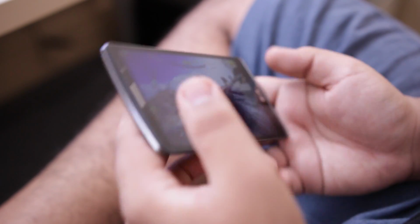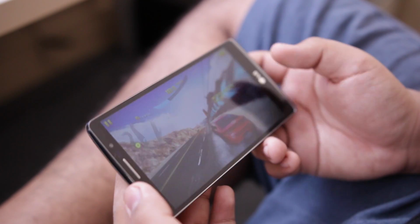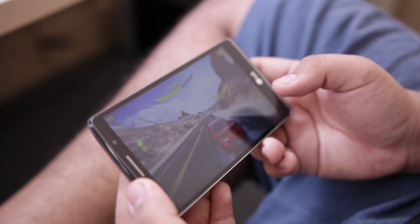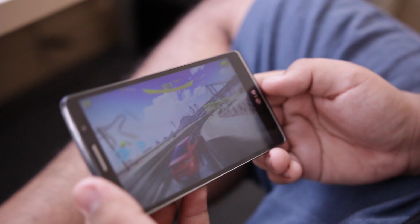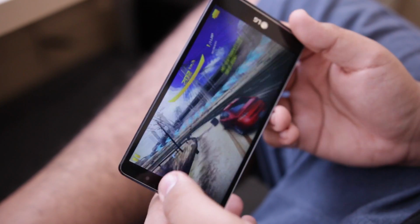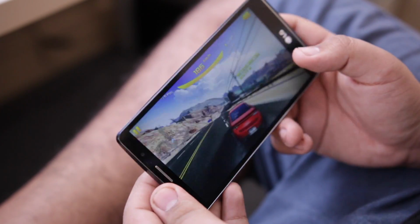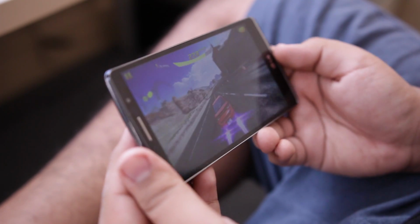Now, gaming performance on this phone is actually alright. The phone comes with a Qualcomm Snapdragon 617 processor, so this is a little bit old, and an Adreno 405 GPU. Now, this is a 1.5 gigahertz quad-core processor, and so even though we have 4 cores, it isn't the fastest thing in the world. You're not going to notice a ton of glitchiness, but you're going to notice a couple of dropped frames, which can get a little bit annoying when you're playing graphically intensive games,